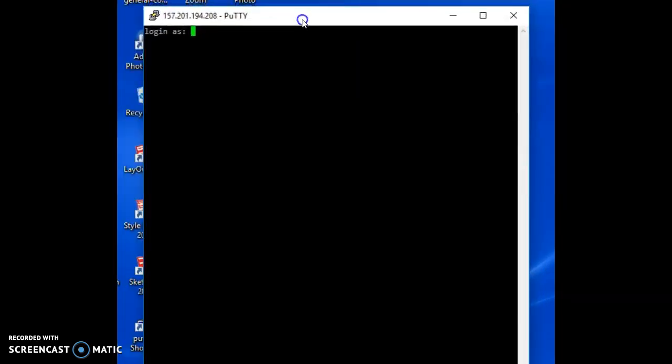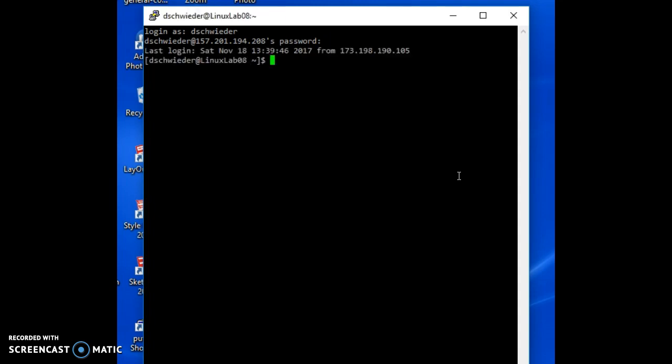So let me bring up PuTTY, and here is what it looks like, and it's asking me to log in, and I'm going to type my password in there, but you'll see that as I type it does not show, so don't let that concern you. It's still there. Hit your enter and you're there.